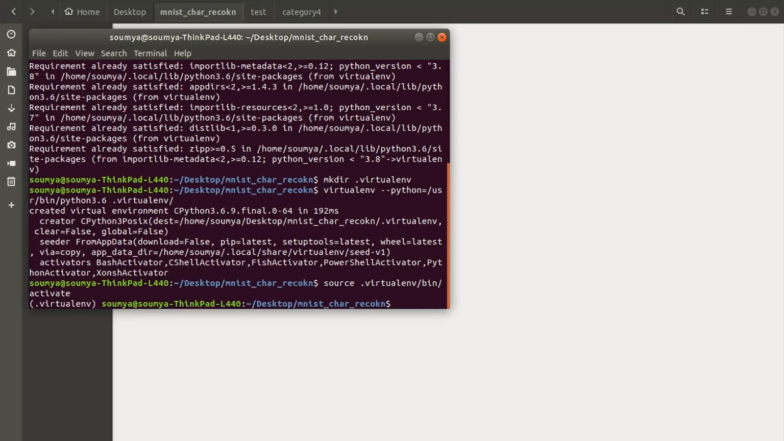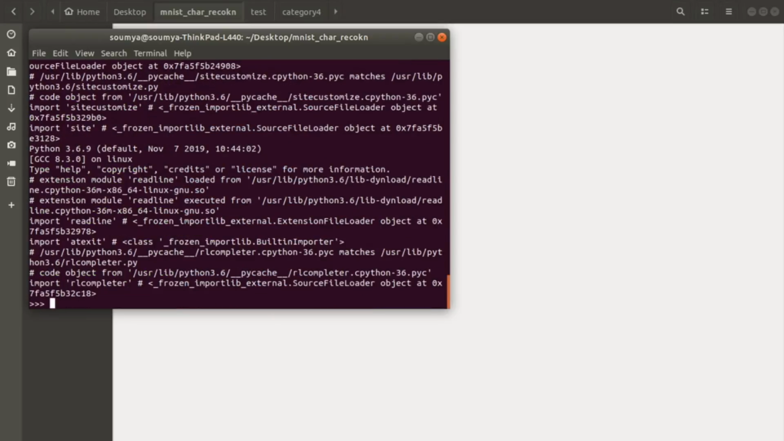Now we are inside the virtual environment. Let's check the Python version first. I am using